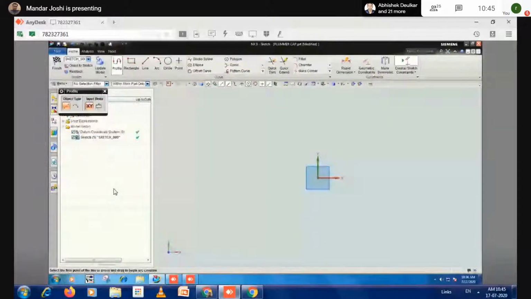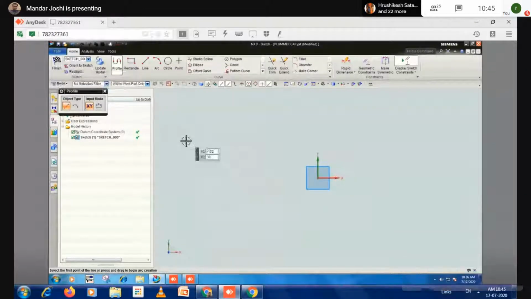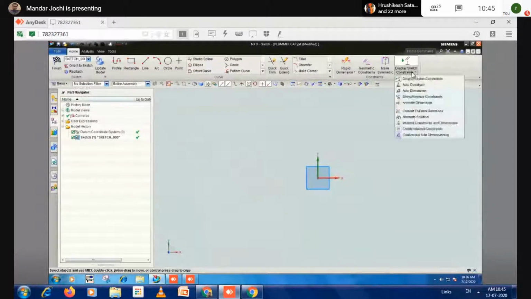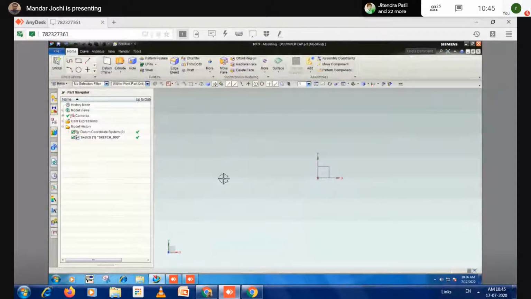Draw that profile. But before that, what are the initial settings? Near set dimension, continuous. I need that setting on a daily regular basis. So what I need to do, just see here. Go to Finish. Before starting anything else, you first close this.